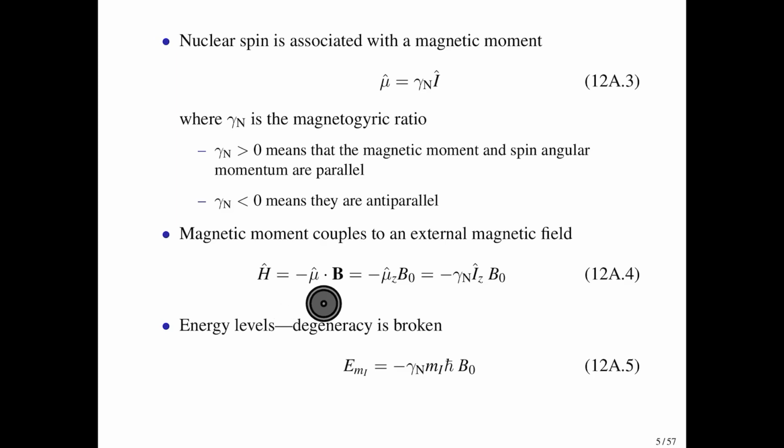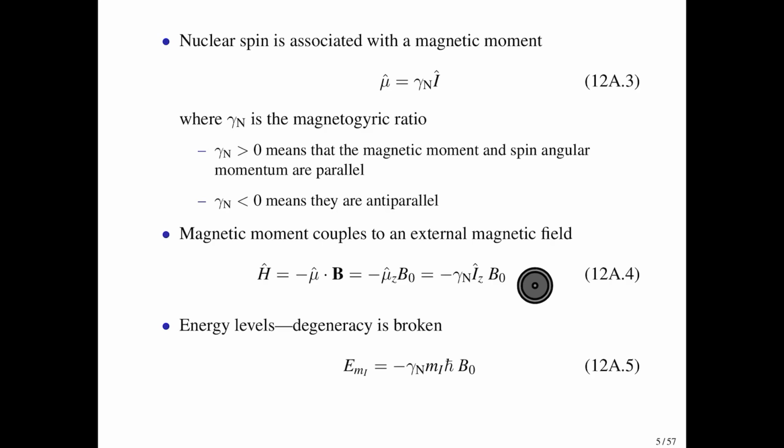And if we make the assumption, which is perfectly fine, that the magnetic field is aligned with the z-axis, then the coupling occurs between the z component of the magnetic moment and the magnetic field. So B naught here is the strength of the magnetic field in the z direction, and mu z is the z component of the nucleus's magnetic moment. And based on this relationship up here, mu z, as you would expect, is related to the z component of the spin angular momentum. So this is the coupling term between the magnetic field and the